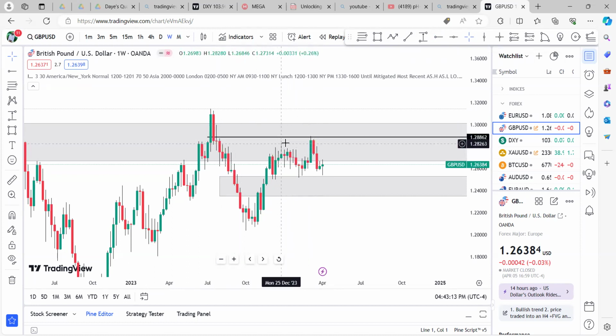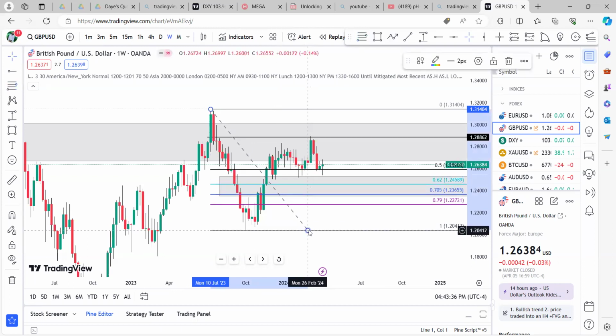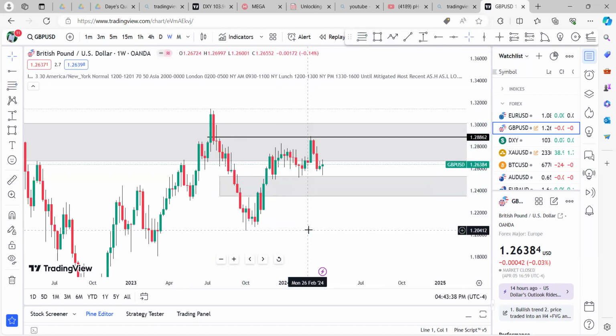It also has liquidity. Liquidity has been paired here on the weekly time frame. So this is a high probability order block or high probability PVR. And if you take the fib from here to here, you can clearly see that it's in a premium market. So we expect to sell. We expect to see some sells.